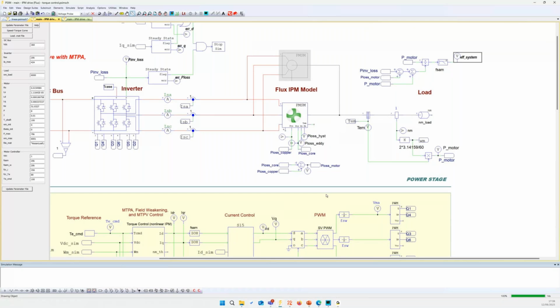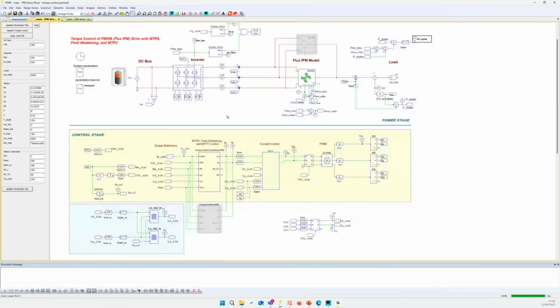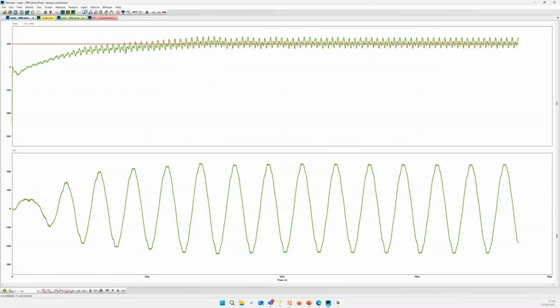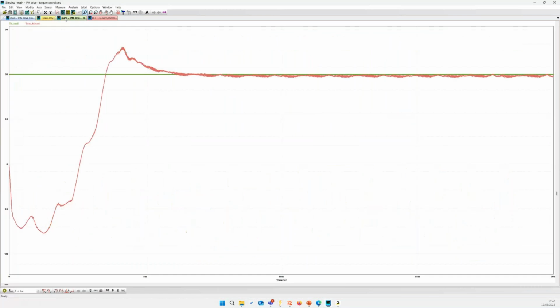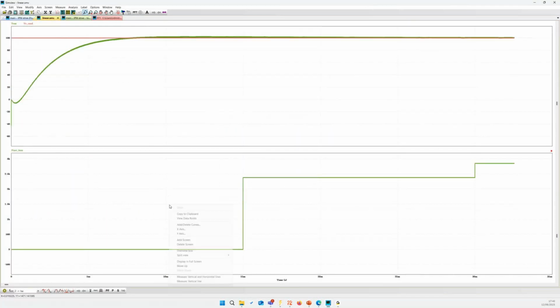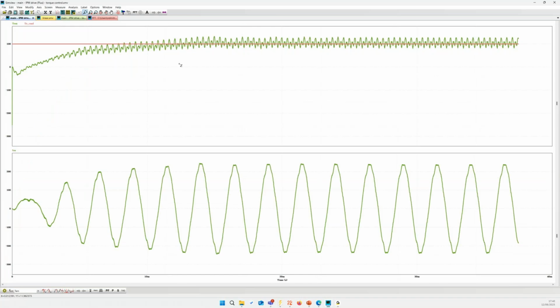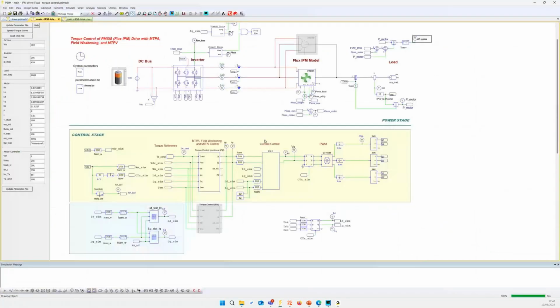Now, I want you to keep in mind that adding these models can lead to some controllability issues because of the torque ripple that they have. So, for example, please look at this torque and compare it to this torque. So this torque is just a linear output. And look at this one now. So you may find yourself having some difficulties with different working points. Another reason for that is that